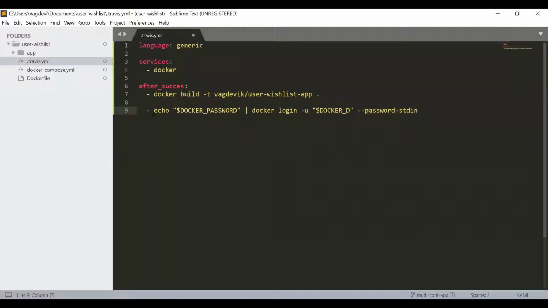Okay, so basically what we are doing is we are printing the Docker password and piping it to the Docker login command for this particular ID. And we are telling that the password is to be taken from the standard input.